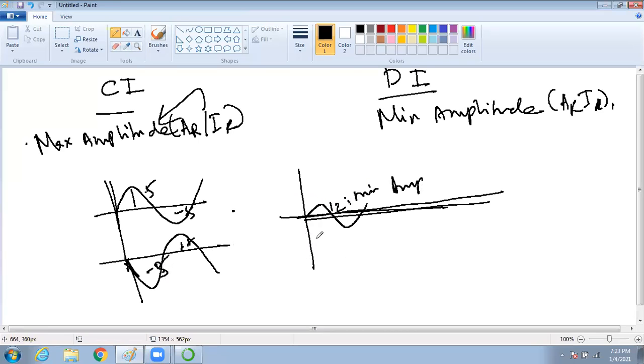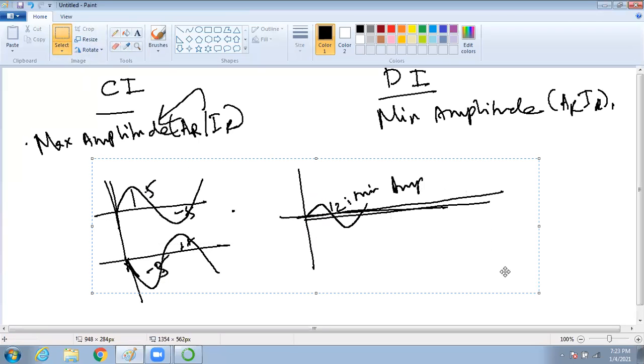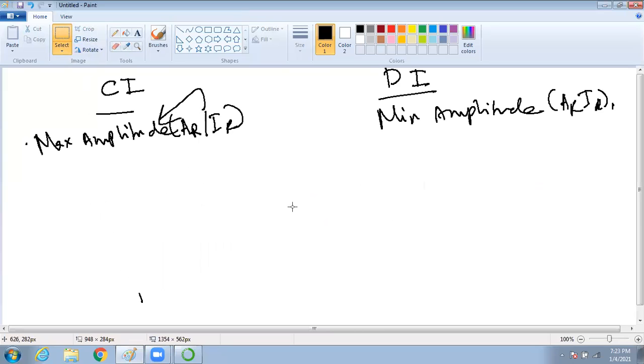Clear, all of you? Everybody able to understand? The first point is maximum amplitude. Whenever there is constructive interference, you get maximum amplitude. Whenever destructive, you will get minimum amplitude. Cos phi, what is cos phi, Caroline? Phase difference. Maximum plus 1.